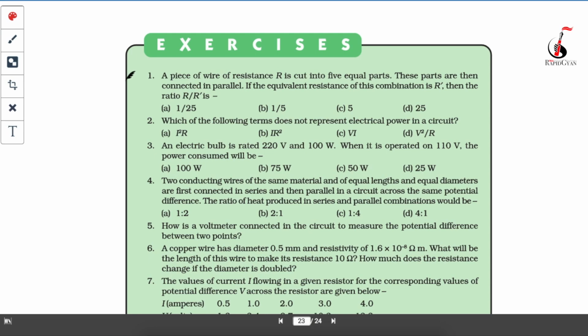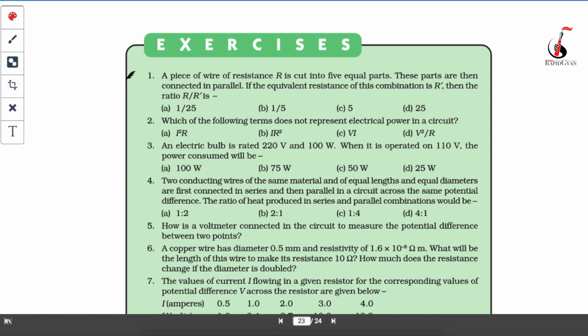So in this particular video we are going to solve the exercise of your electricity chapter, which is the first chapter of your physics. So guys, hope all of you have gone through my previous videos of this chapter. Those who have not gone through that video, I will recommend please go and watch that video first and then come here and watch the solution. Otherwise you will not be able to understand this particular video. And anyway, I will put the link of the playlist of that chapter in the description section. So first go and watch all the videos. There are, I guess, 5 videos related to this chapter. So go and watch all those 5 videos and then come here and solve the exercise.